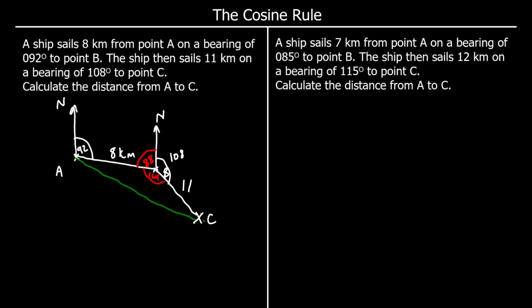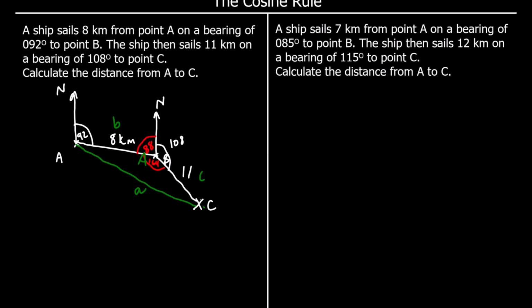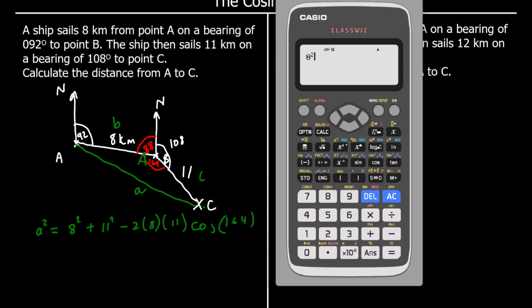So we have big A. No, we don't. Big A is the angle. Opposite it is little a, and the other two are B and C. So a squared equals b squared plus c squared minus 2bc cos A. So a squared equals 8 squared plus 11 squared minus 2 times 8 times 11 cos 164. 8 squared plus 11 squared minus 2 times 8 times 11 cos 164 is